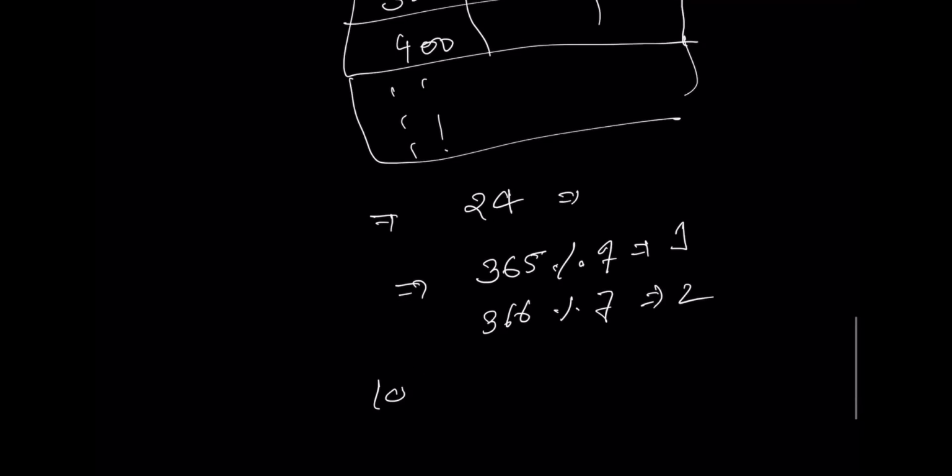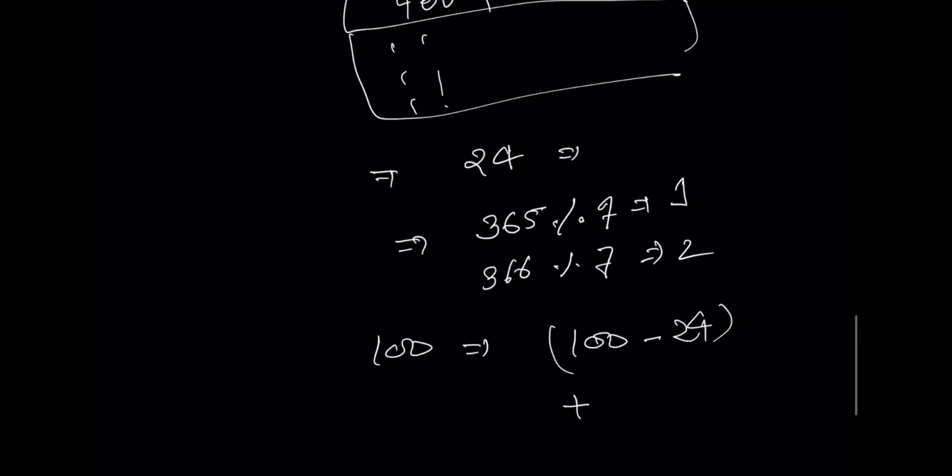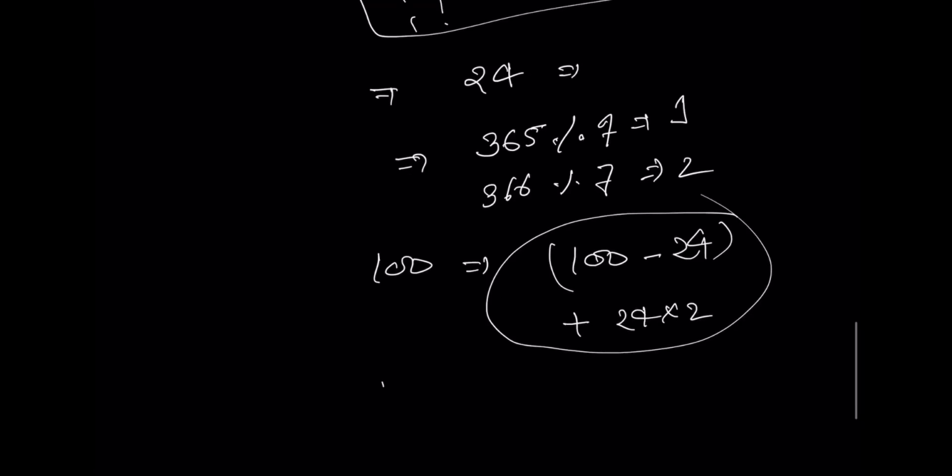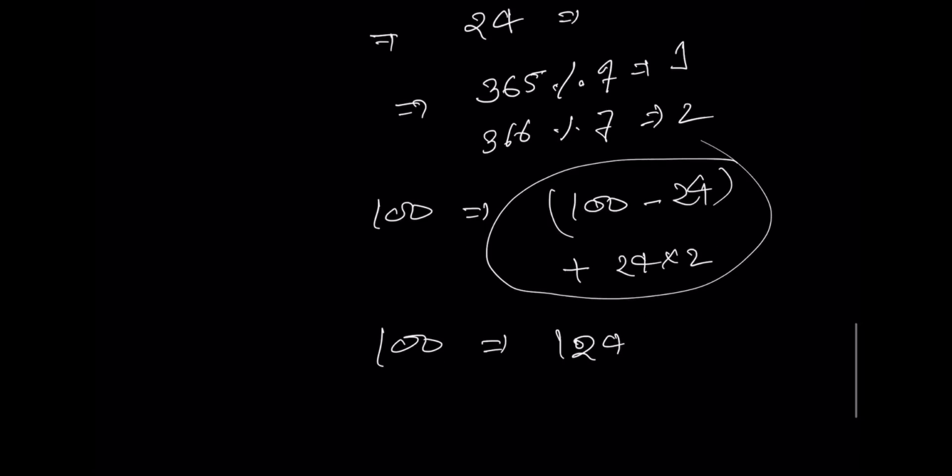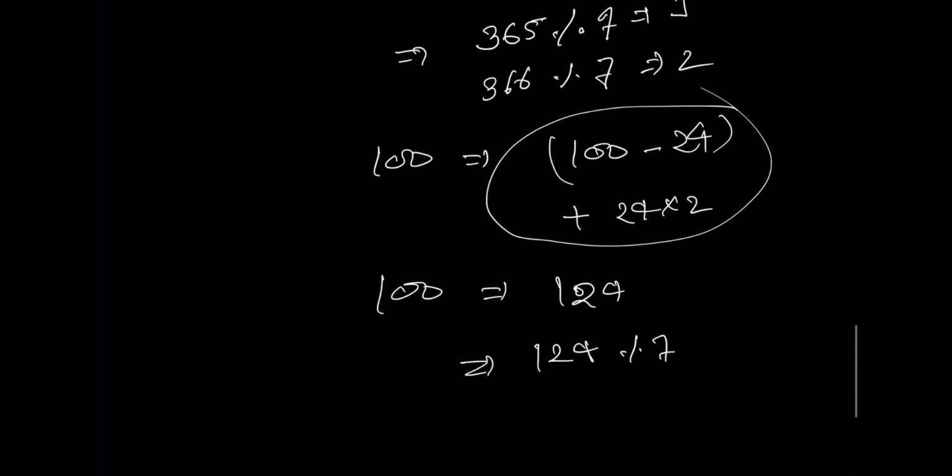So for 100 years we get 100 minus 24 normal years plus 24 into 2, this much extra we get. So for 100 years the extra we get is actually 124 if we sum it. Now if we divide 124 modulo 7, 7 ones are 7, 7 threes are 21,